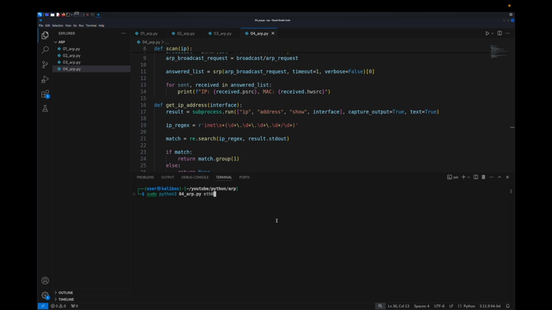The interface for me, it's eth0. For you guys, it can be something else. Type in the interface name. So you can see that it shows the IP address. It says that this is your IP address, and it searches the network